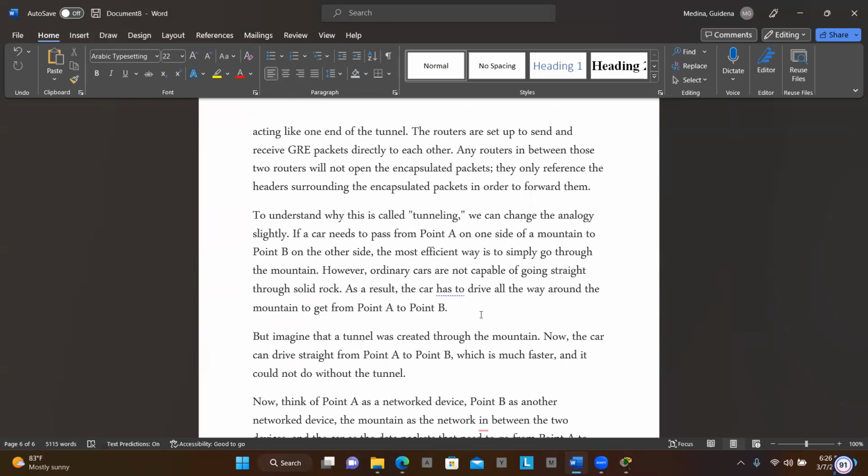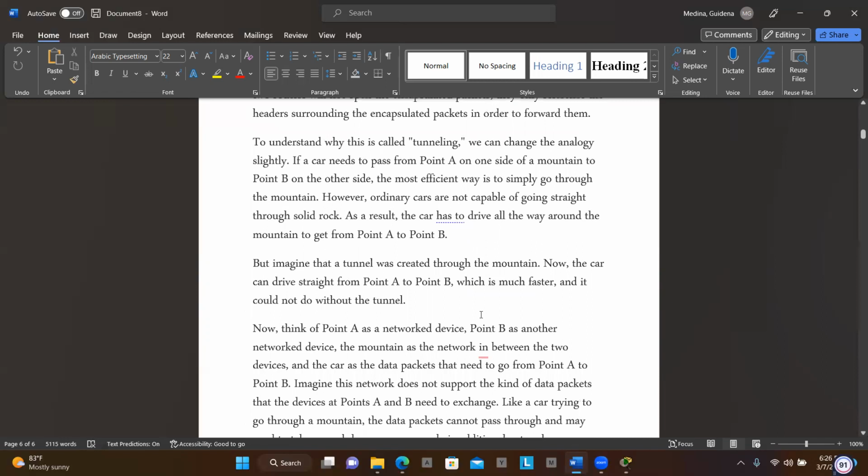As a result, the car has to drive all the way around the mountain to get from point A to point B. But imagine that a tunnel was created through the mountain. Now, the car can drive straight from point A to point B, which is much faster,